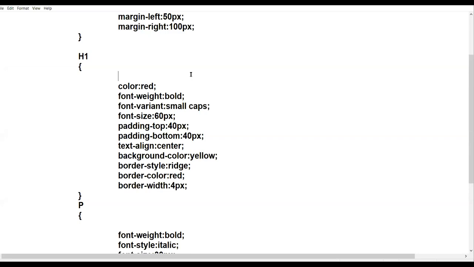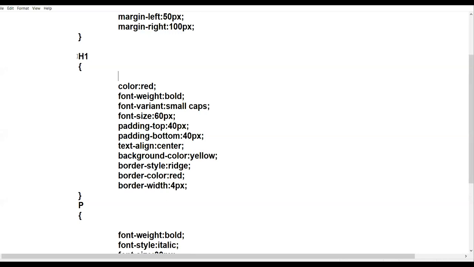Instead of writing the same property again and again, you write that property just once, make that property a universal rule, and that universal rule will be applied to the entire web page. How to create universal rule? That is called universal rule or universal selector.